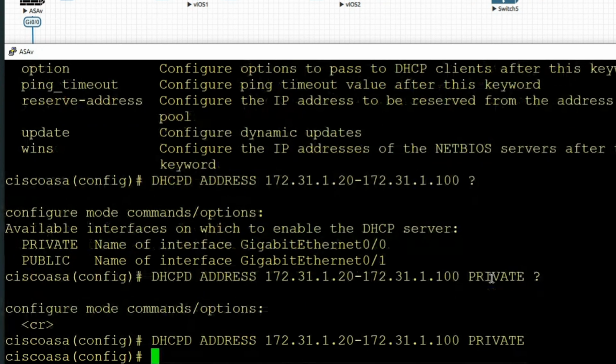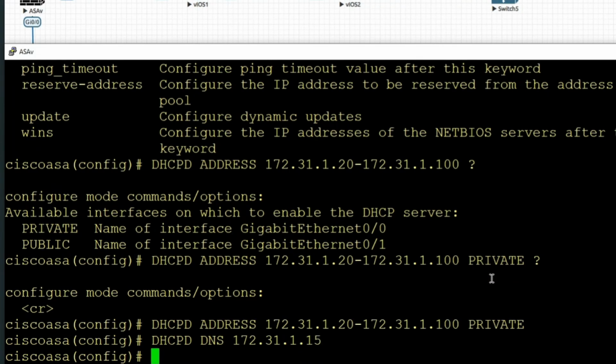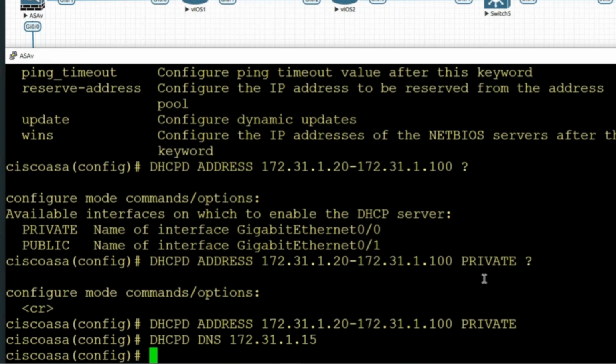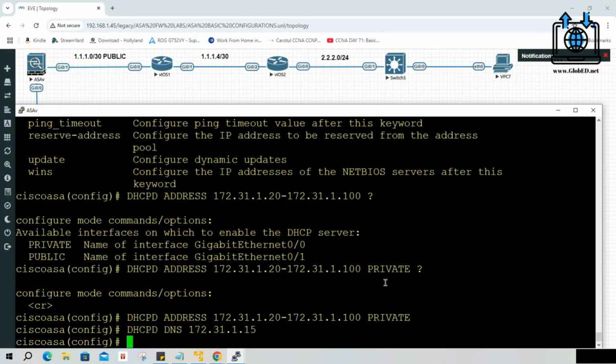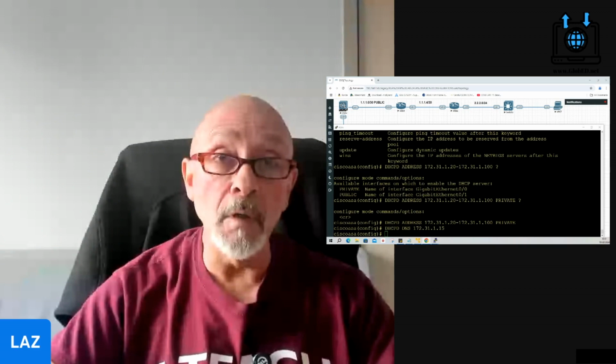Cool. But you need DNS as well, don't you? So you can say dhcpd dns, and then you're going to say 172.31.1.15. And now you've configured a DNS as well. But it's still not enabled. You configured the pool of addresses.